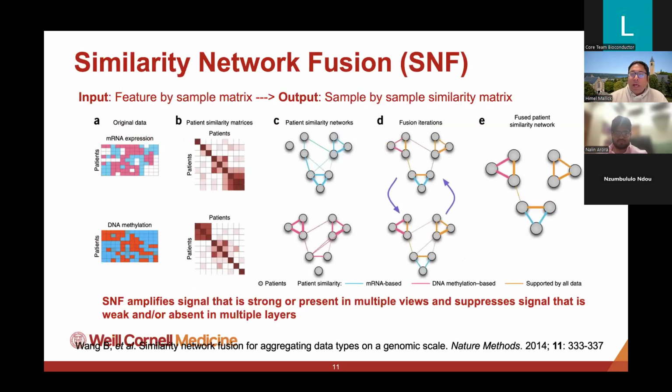And one of the earliest methods actually came out in 2014. I think this might be one of the methods that was ahead of its time. Multi-omics data was not that popular by then, but they came up with similarity network fusion, which uses the idea of